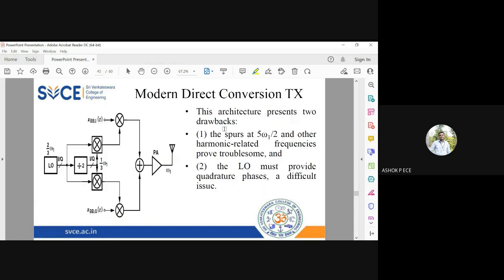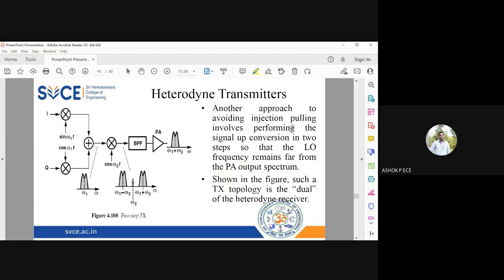Okay. So this architecture has two drawbacks. One is the spurs at 5 omega 1 by 2 and other harmonic frequencies may prove troublesome. We have seen about spurs. So whatever local oscillator frequency harmonics you are going to have, you are going to call them spurs. So at higher order frequencies of your spur, there might be some issues. The other is that the LO must provide quadrature phases, a difficult issue. So you have to always have a quadrature architecture to overcome this issue, which may not be possible